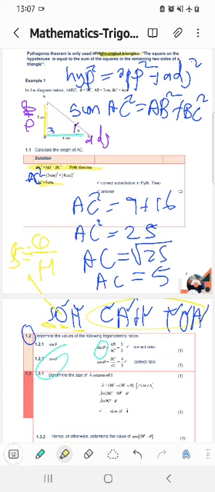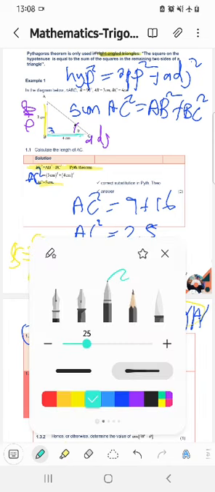So they defined cosine as adjacent over hypotenuse. Adjacent is BC, it's given like this here. And then adjacent was given in centimeters, it was 4, and then hypotenuse is 5. We've calculated that. So that's how we get the trig ratios. And then it's fine. Let's get to the next example, or next